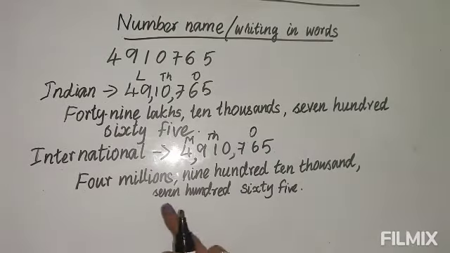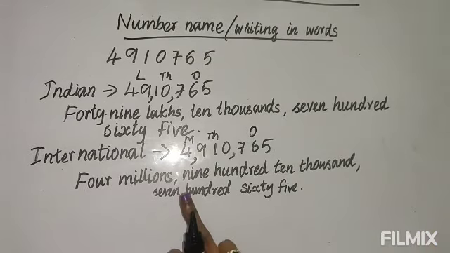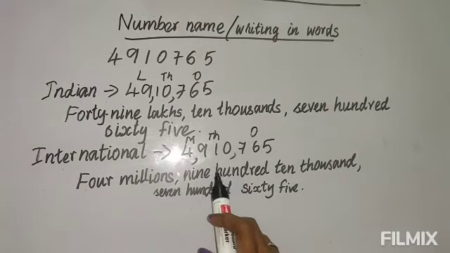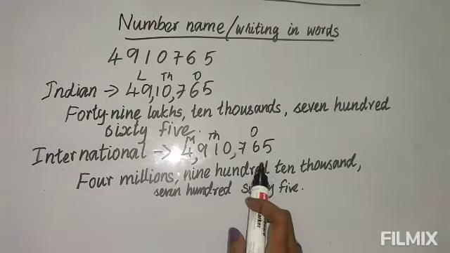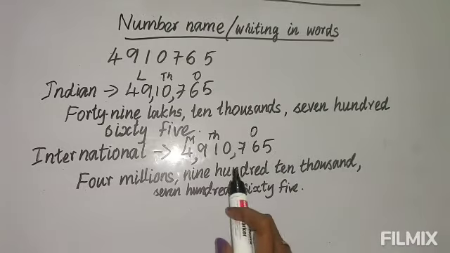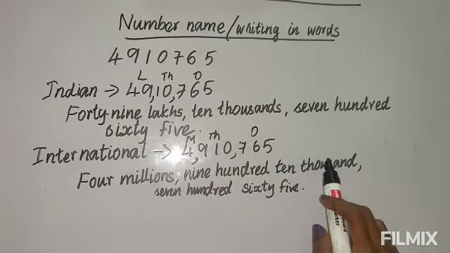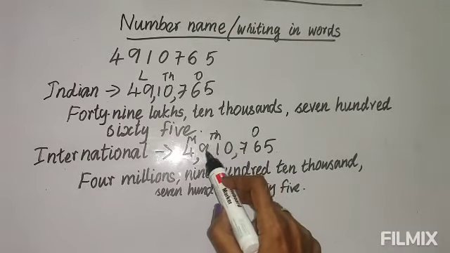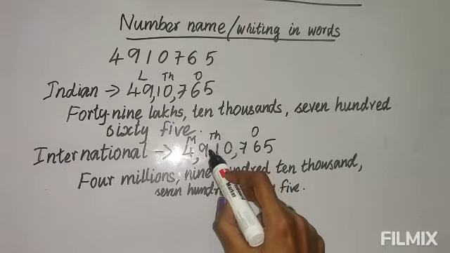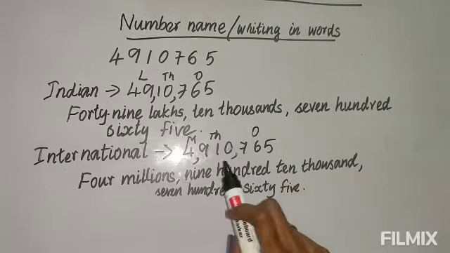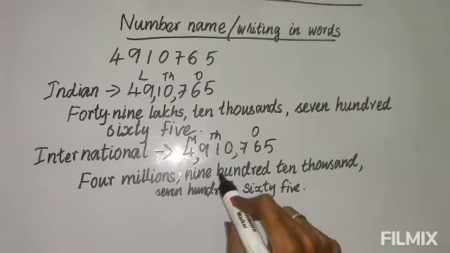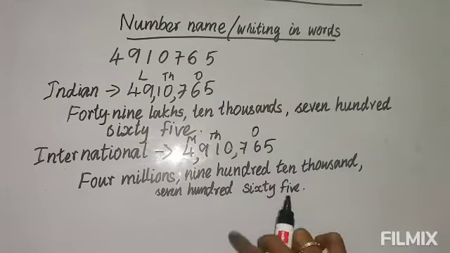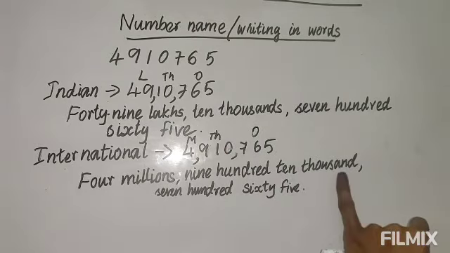In the international place value chart, when they write the number name, children make a common mistake here. Now this 910, they make a mistake. Sometimes they write 900 thousand, again 10 thousand. That way they write. The period you will write only once at the end. First you write the number name, this number, what is this? 910. First you write these numbers in words, then last you write the thousand. They write the period name in between, 900 thousand, again 10 thousand. That way they write the thousand 2 times. So this period you have to write only at the end.